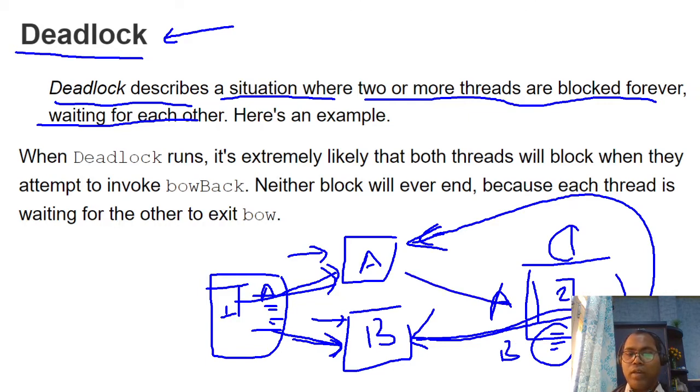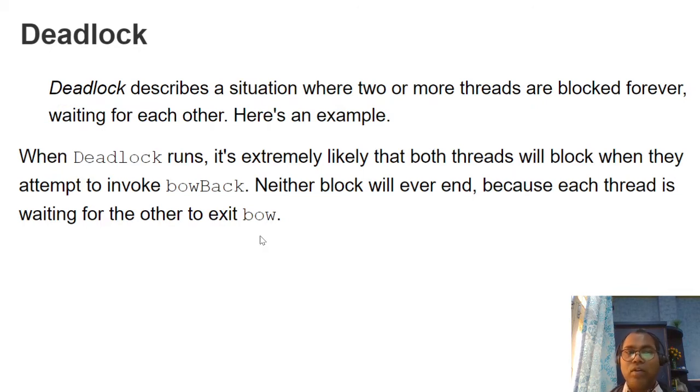Both try to get lock A. Anyone can get it, then do B, and after that the next thread gets a chance. So you have to ensure that your lock acquisition is in the same order for every thread. In this way you can break the circular dependency and solve the deadlock problem. So this is the deadlock problem: two threads are trying to get some resources, but both are locked by another resource and both are waiting for each other.